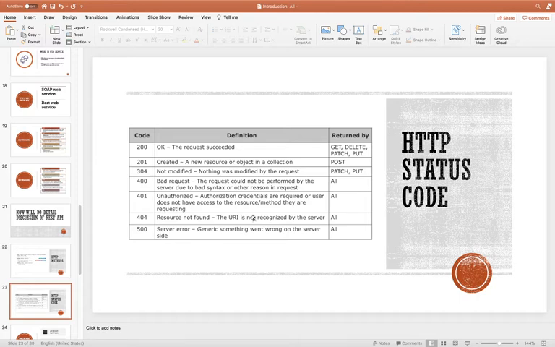Then the next one is 401. If any API is a secured API and we are calling that API with incorrect credentials, then that API will give 401, since that API is unable to authorize our request.